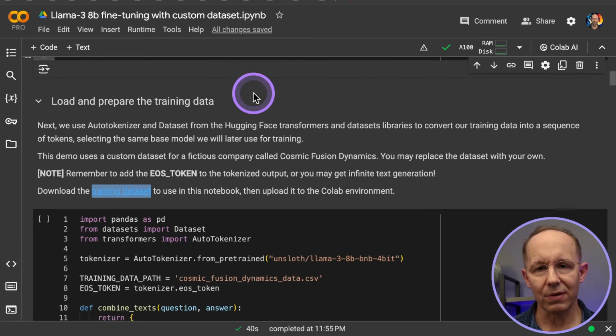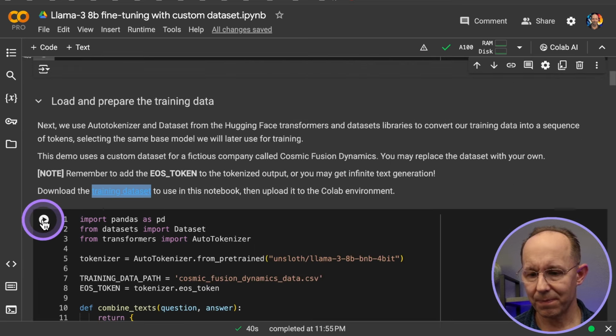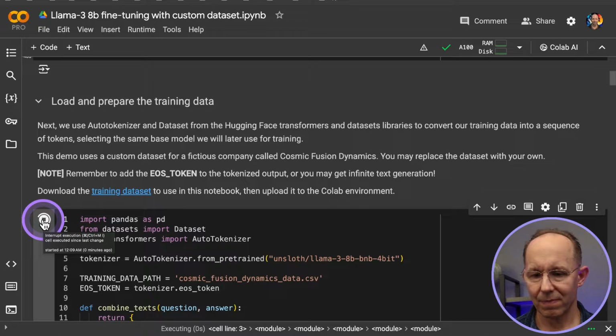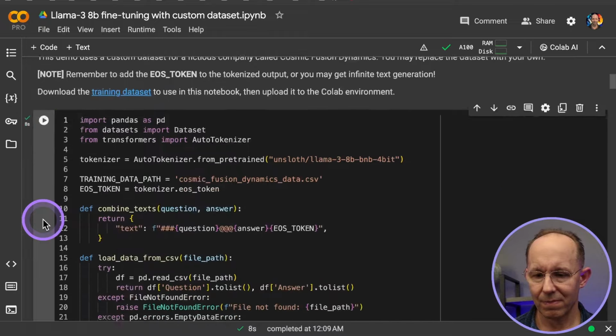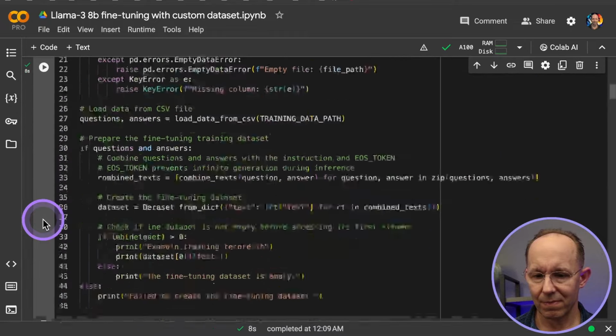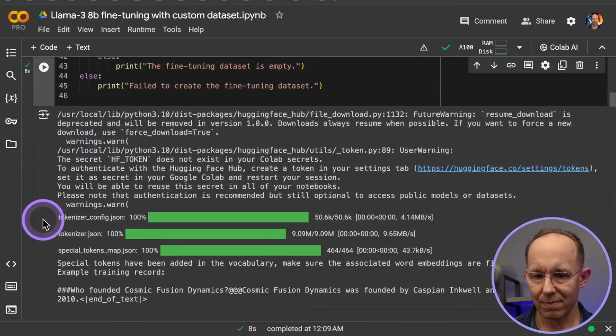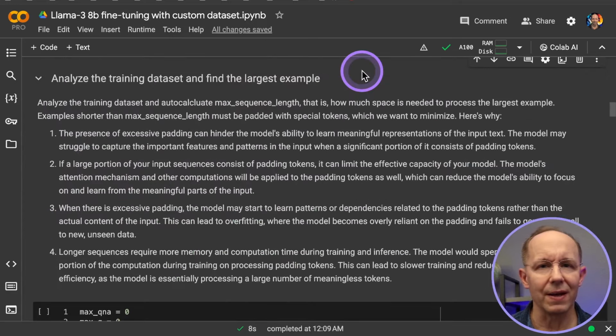Now let's run the cell to tokenize the training data. In the next cell, we're going to analyze the training dataset and find the largest example. We're doing that because we have to specify a uniform size for all the training examples. Whatever space is not used by our data will be padded with special tokens, and these superfluous tokens can confuse the model during training.